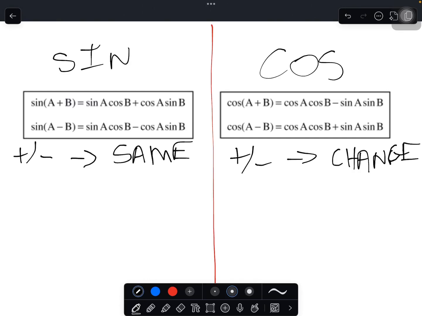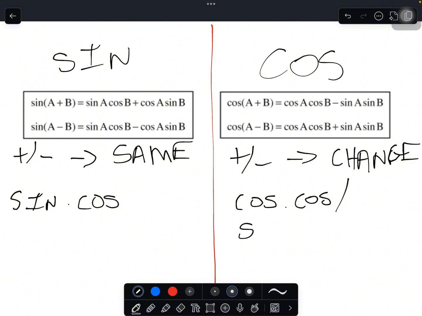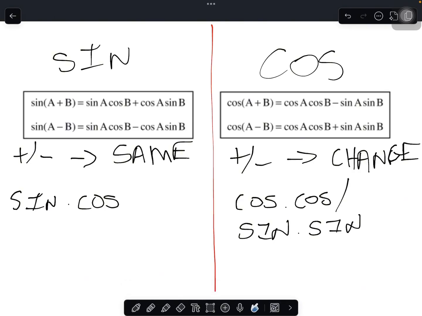Okay, another key thing to note is for the sine, it goes sine times cos, whereas here you'll have a cos cos, or a sine times sine. So basically, that's how you can notice which one you're working with. So there's two criteria. One is the operation change, and the other is, are you going cos cos or sine sine? Now that you guys understand how to expand it in example, looking at the patterns,